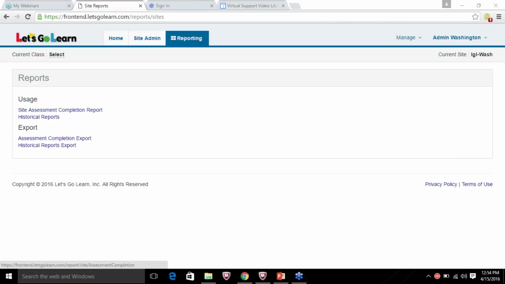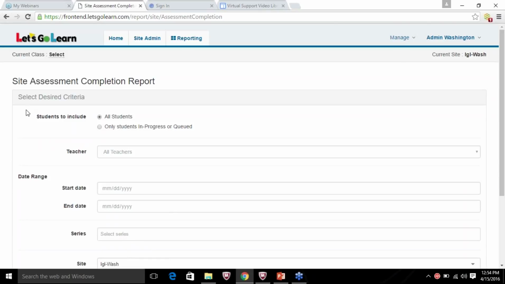So we have reports organized under usage and export. One of the things that administrators often find helpful is this first one under usage, which is actually a site assessment completion report. So if you have a window of time, which we really recommend windows of testing, you'd say, okay, it's May, this date through this date, they need to take their DORA or ADAM assessments.